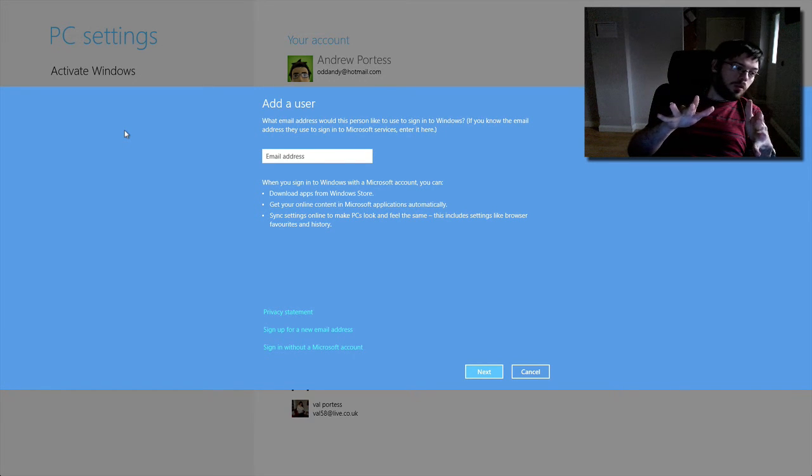Particularly if it is what used to be known as a Windows Live ID, or a Microsoft account as it is now known. If you've got a Hotmail address, you've got a Microsoft account, and I do recommend, if that's your main email address, do type it in here, because again, like all your settings, what wallpaper you have, what your lock screen image is, how you like your start screen laid out, the color of it, and everything that I've shown you so far, your computer will remember that,